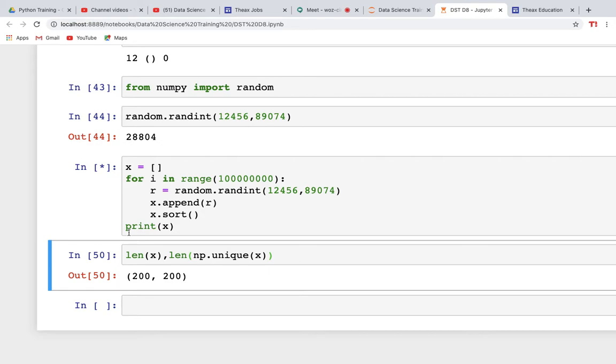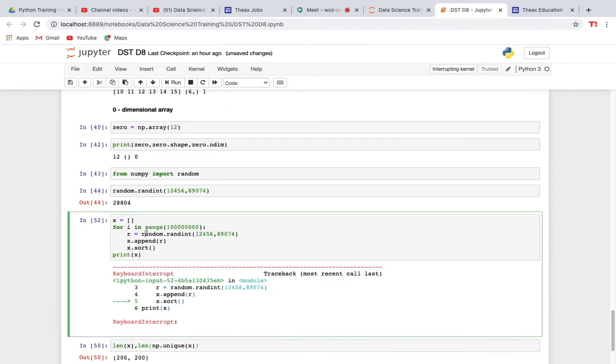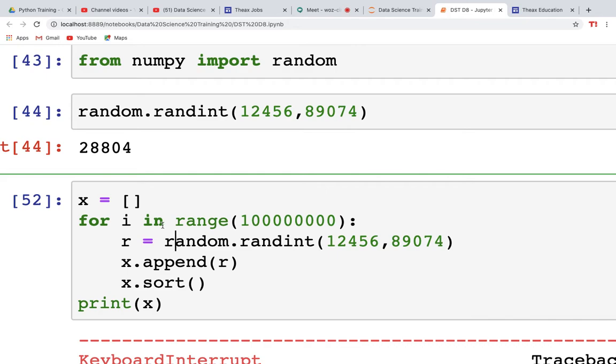So instead of this, if you had given it as a NumPy array, that would have done this thing in a very convenient, very short time. How? Let's see. Instead of this, if I would have written that